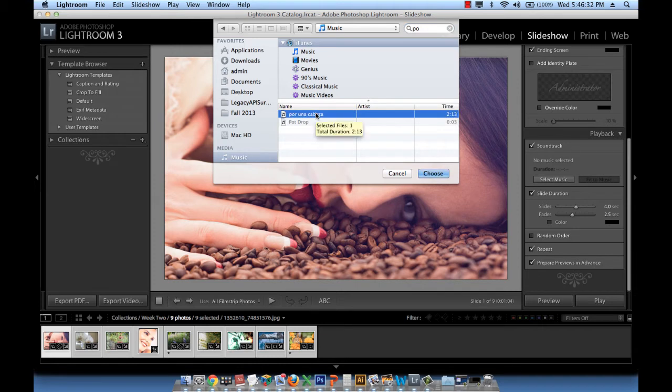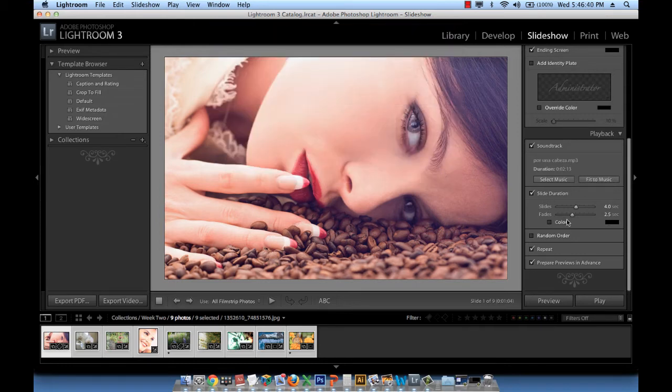from an Argentinian composer, Astor Piazzolla, who composed this beautiful piece, Por una cabeza. Let's choose that. And then you can choose basically the duration of your slides, and then the duration of your fades, and then play it. Once you like it, if it's to your liking, you just export the video, and it exports to the location